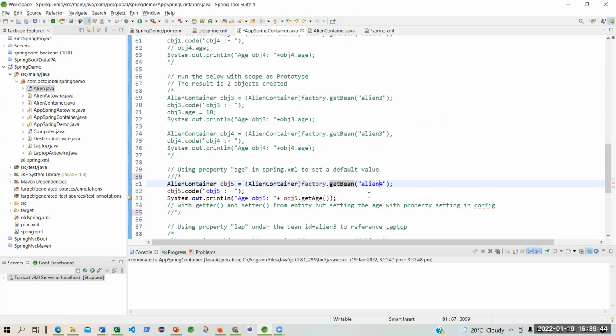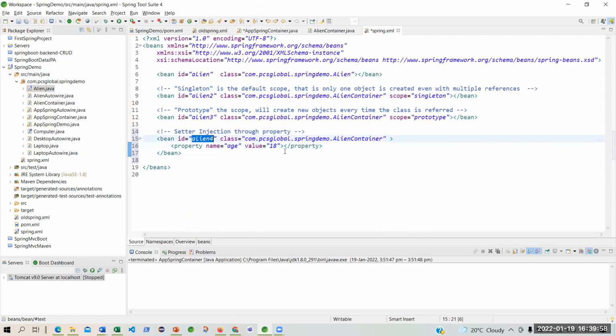But sir, the root cause is you were not understanding why I am mentioning align4. If I had mentioned align3, then it will go to Spring and it will not pick up align4, because you have asked to check with align3. Same ID, so it will not work. It will not go to align2. It will not go to align4. But it will only pick up this bean with a scope of prototype.